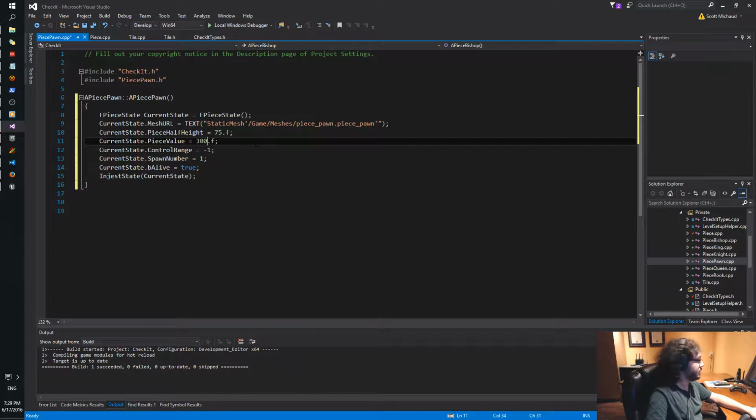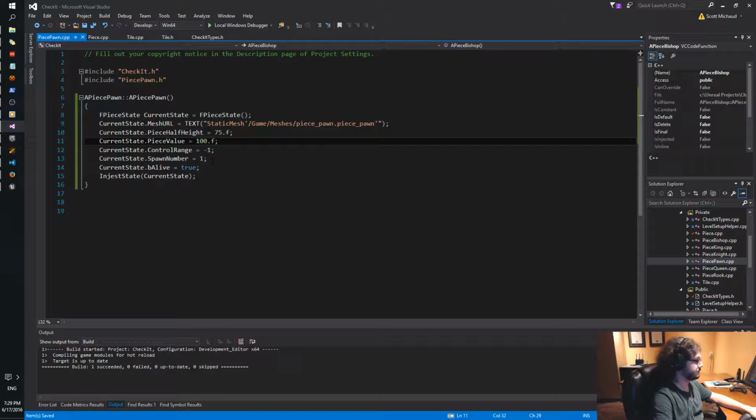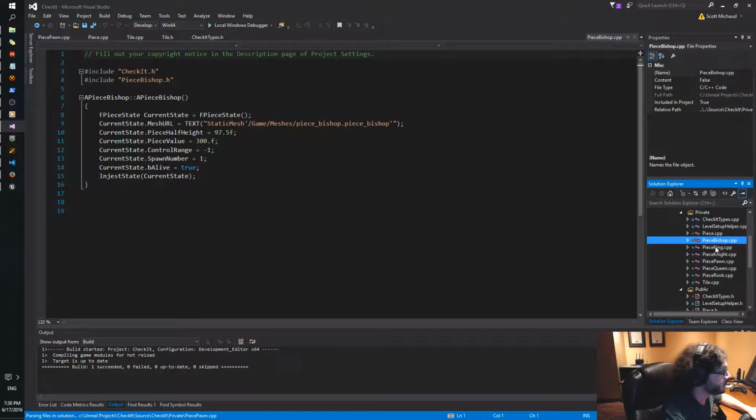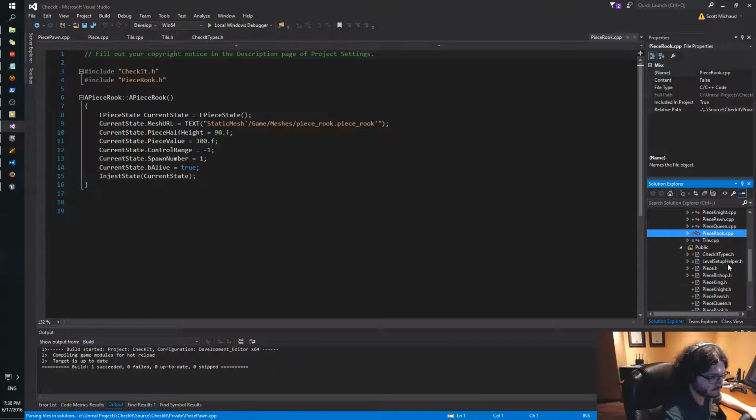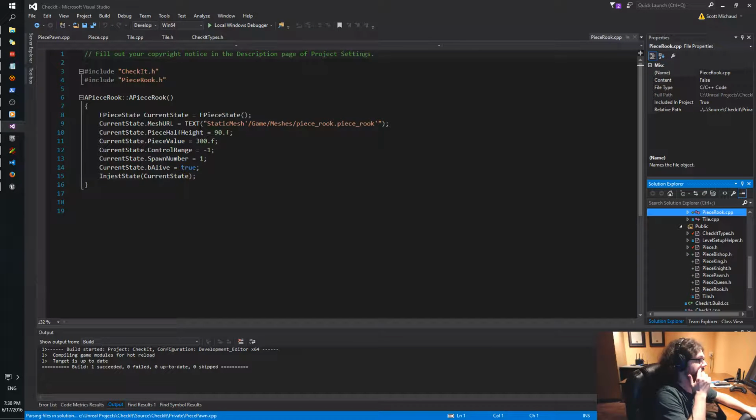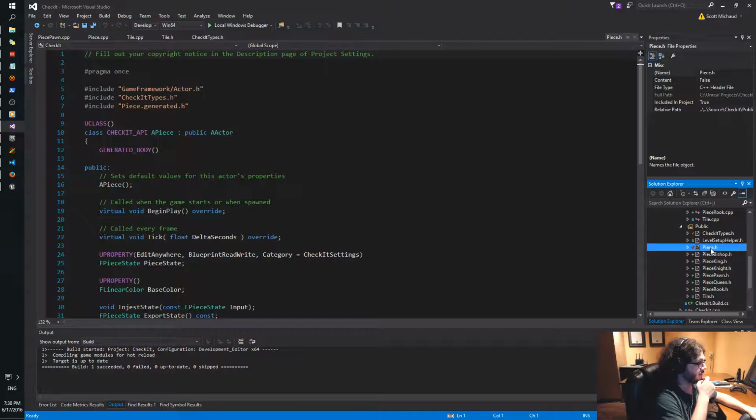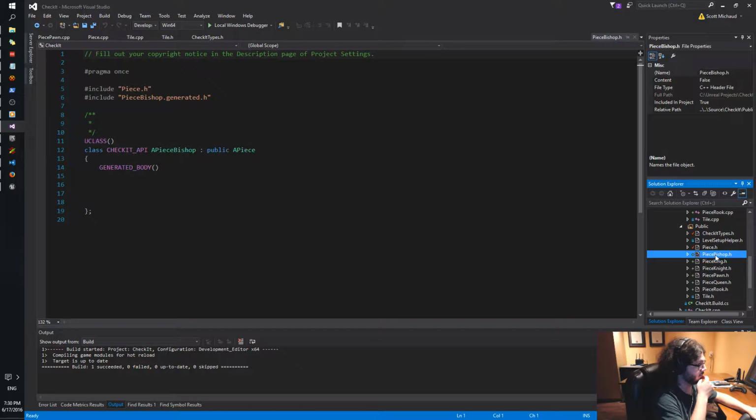Actually, like an ass works quite a bit better. So, bishop, knight, sorry, king, knight, pawn, queen, rook, and then tile looks like that. So they all look good. So now in here, we need to add